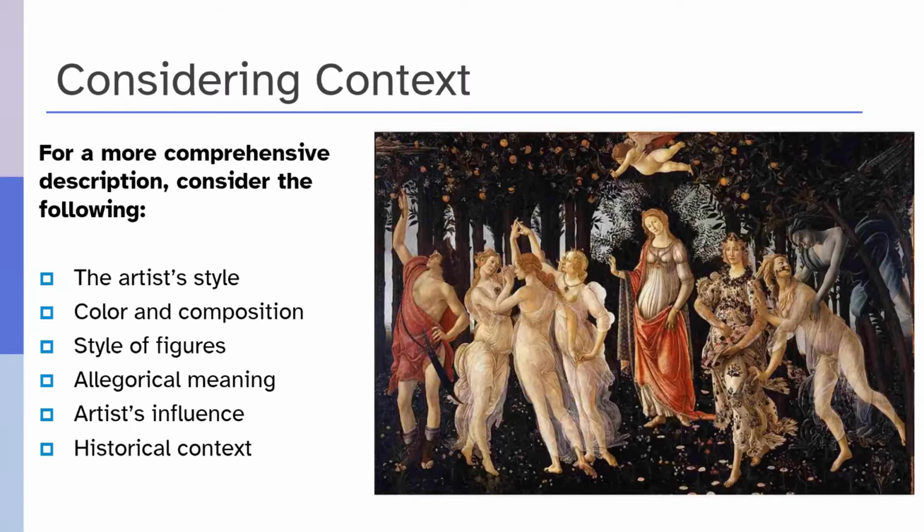The wind is touching the nymph who is erupting flowers on Flora, and it's all ruled over by Venus and the Graces. So you could really tease out that meaning if you wanted to. You could talk about the artist's influence or the historical context of the painting. If you wanted to do all of those in alt text description, I would say you've gone too far, and to pull back and try and think about the context in which your image appears.